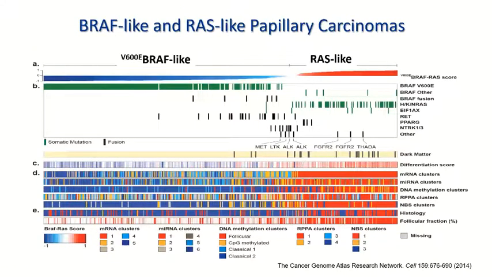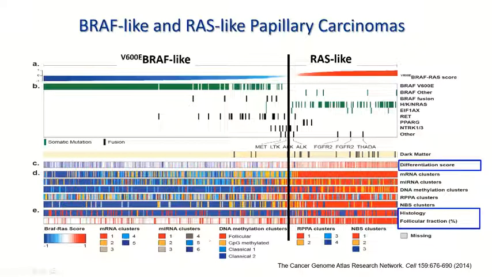Also, this has been discussed already here, and I will just briefly summarize. All papillary carcinomas fundamentally, biologically, we can subdivide into BRAF-like, or BRAF V600E-like, and RAS-like. And this is a very important subdivision, not only based on histology, because RAS-like tumors are mostly follicular variant papillary carcinomas, and BRAF-like tumors are mostly classic papillary carcinomas and tall cell variants. But again, as discussed before, the thyroid differentiation score is very different in these two groups of papillary